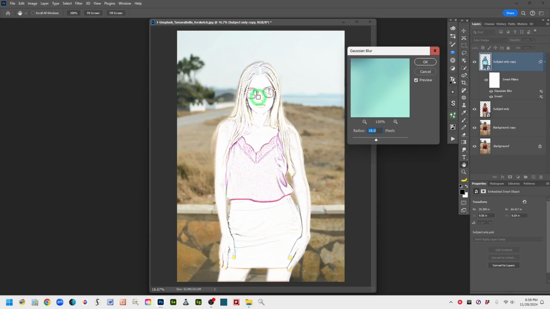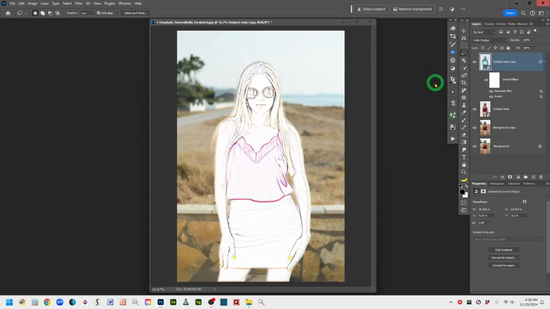Yeah, I kind of like that. So you're getting that line drawing effect, and right now it sort of looks like a colored pencil drawing. So once you get yours to where you want for a sketch look, then click OK in that box. Okay, so the next thing we want to do is, if you want to go to a regular pencil sketch